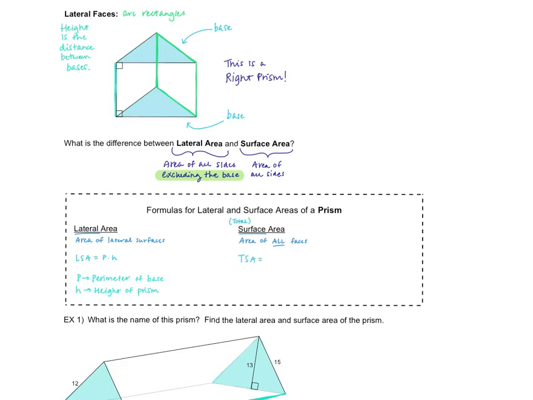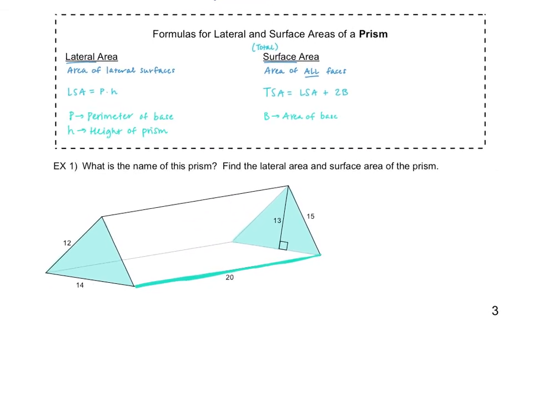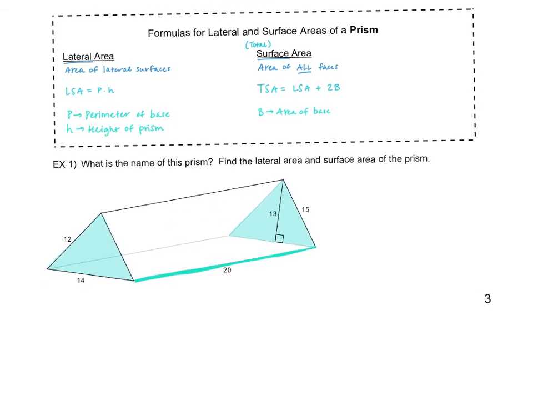Now going to our total surface area, again, we're essentially taking what we got as our lateral surface area, our perimeter times height. So again, we can abbreviate it LSA. And we're going to add on what we get for our two bases. So instead of just saying that in words, I'm going to use the letter B to represent the area of these bases, because we're looking at area. So we're going to add to the lateral surface area 2B, which is 2 areas of the bases. All right, so look at that. We kind of have our formulas all down here for our prism,